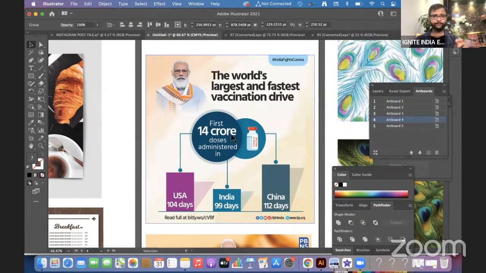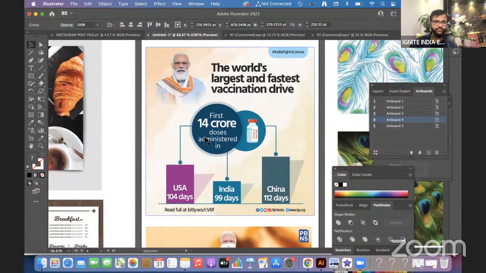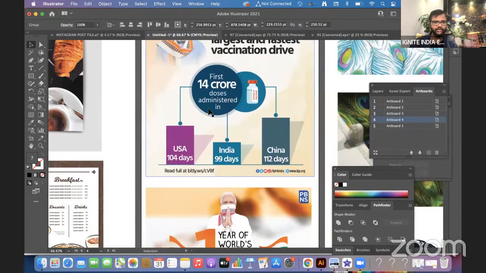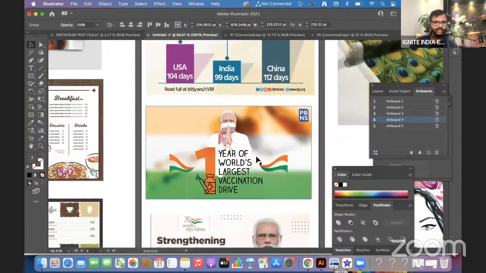So if you want, you can go to the font website. There also you can check, or you just use some good typography fonts, and you can write these first 14. So these all you can leave, but these are right.